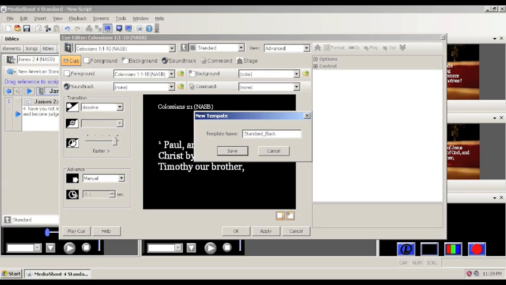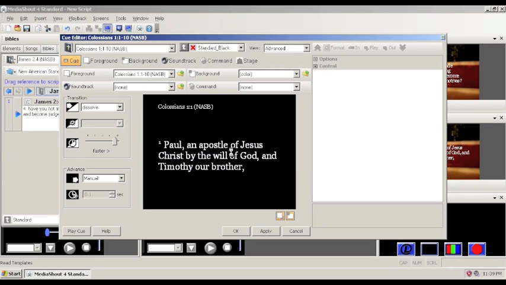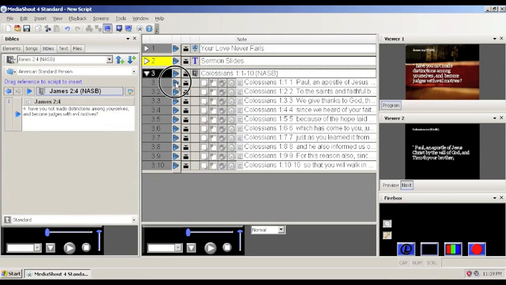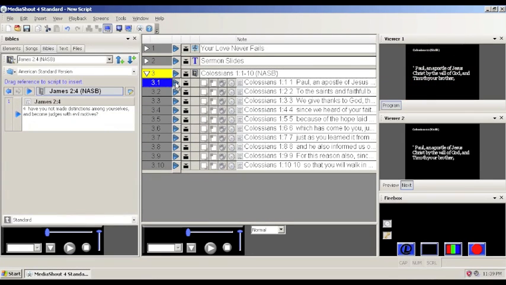Now this will only apply to Bible verses. It won't work for songs or text. You have to do those individually by creating new templates when you do those. So we'll save this, and then MediaShout will take a minute to gather all the information from foreground and the background and other places. And then we'll click apply. That's just what I typically do, is click apply and then OK. And now, if we click play on a verse here, you'll see in viewer 1 that it now is black,